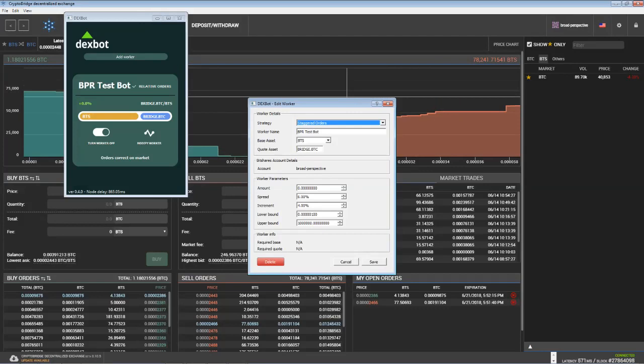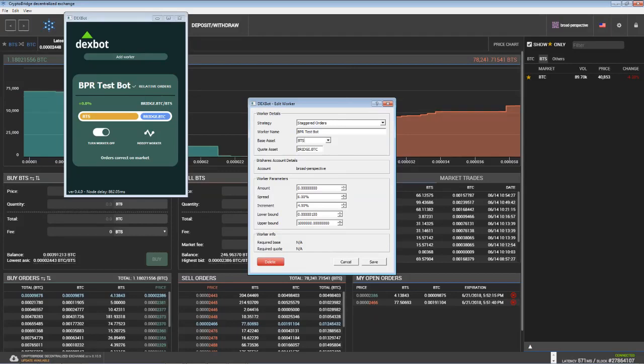Figure out which spread you want to use, what increments you want to place orders at, and you would be able to fill up that whole gap with a dozen or two dozen or however many was appropriate. You would be able to fill it up with a bunch of those orders. And this is where you go between what asset you want to be trading to. Bitshares, the network,